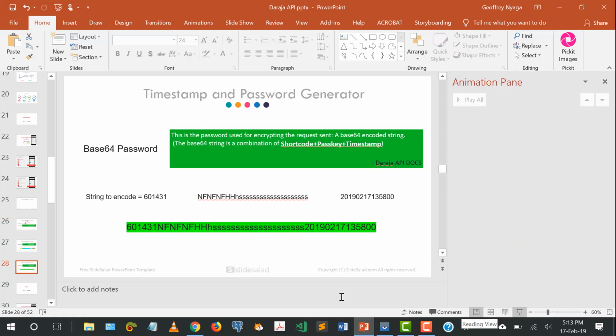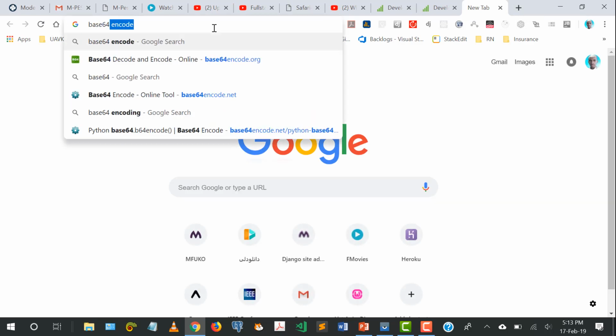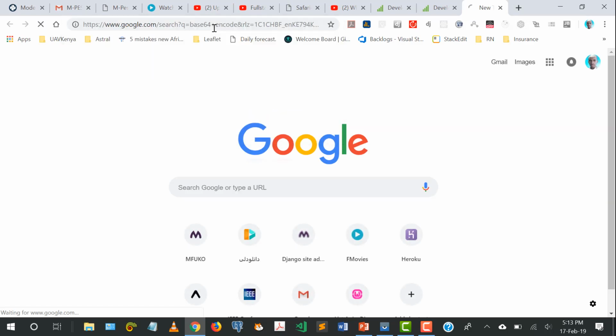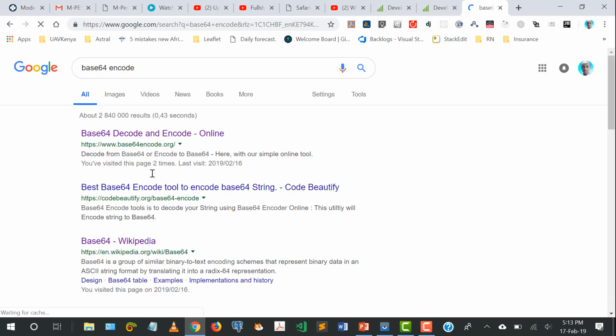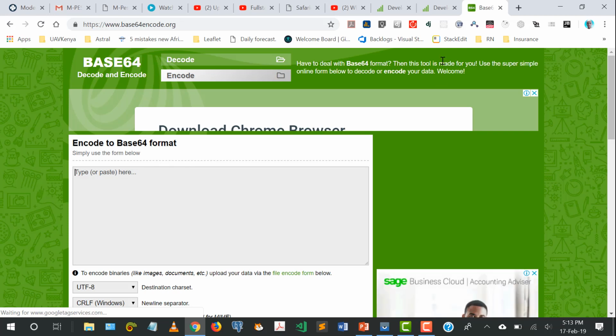So just as an example, how do we base64 encode? You can just come here and Google base64 encode, and literally you can open up the first website that opens. There's a lot of sites that help us to encode and decode base64 strings. So I'm just going to come here and we need to paste in the format. So again, remember we've said that we need to paste in